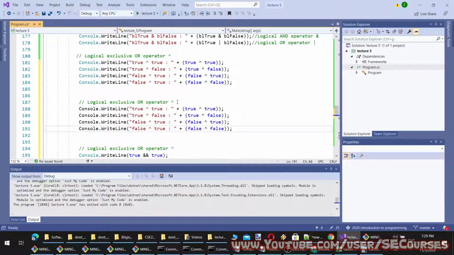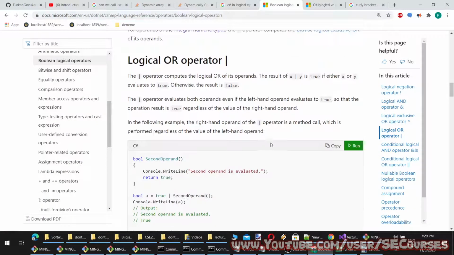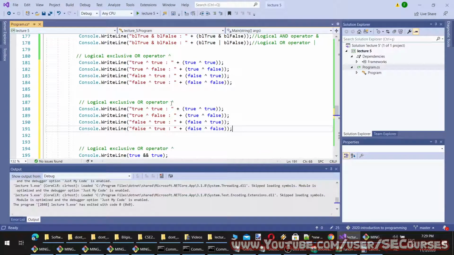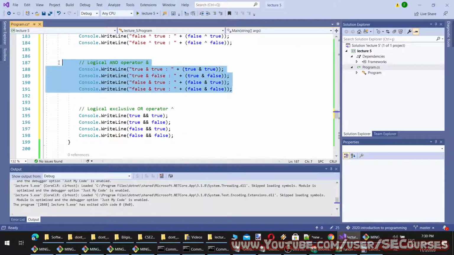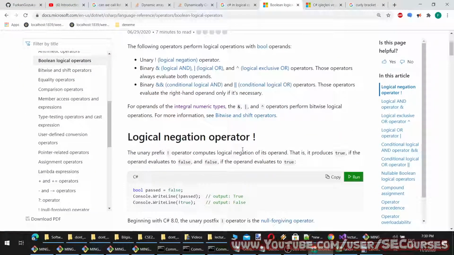This will be the AND operator. Okay, let's make each of them an example to see their outputs. You can use these operators with other variable types as well if they support it. Okay, so this is not only exclusive to Boolean variables.